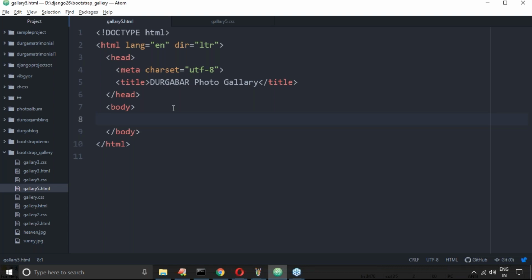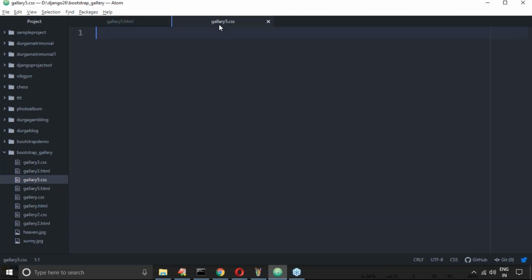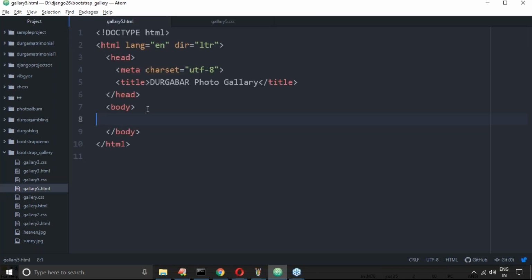But in addition to bootstrap CSS, sometimes I may not be happy with it, and then I may require my own CSS styling also. That's why I'm taking extra. So the first thing to take care of, please make sure the bootstrap CDN is available.